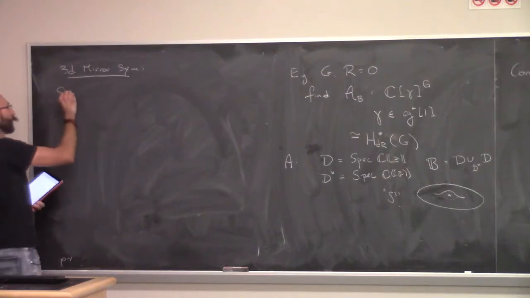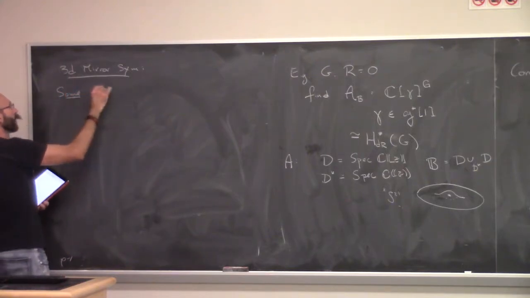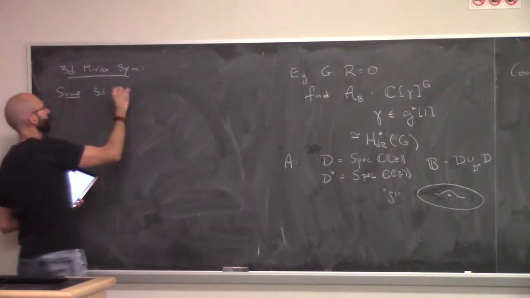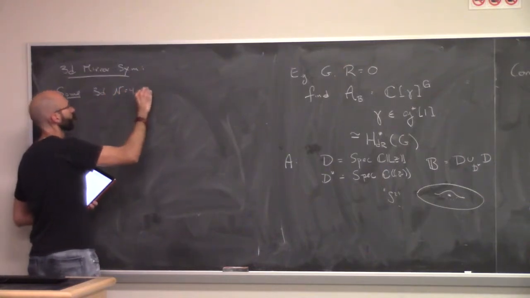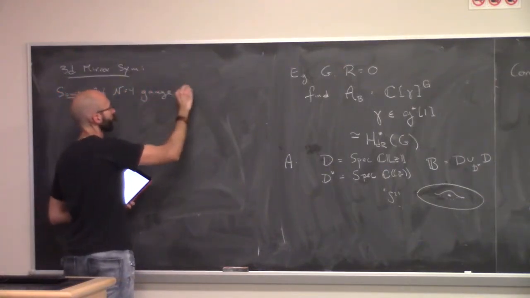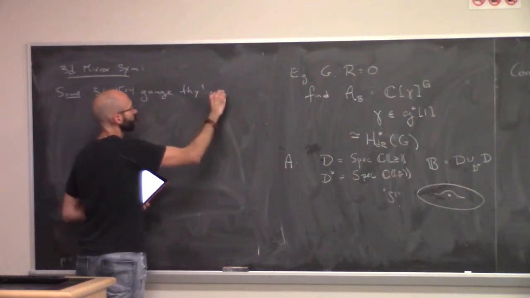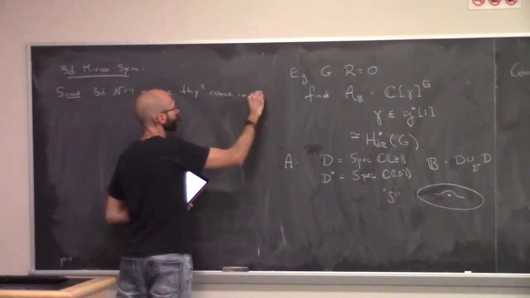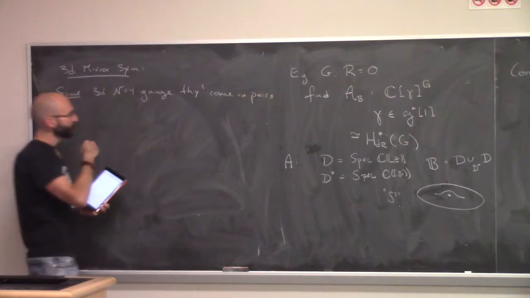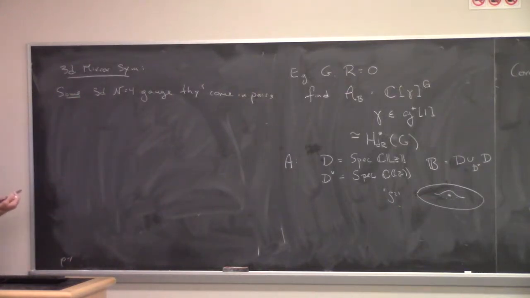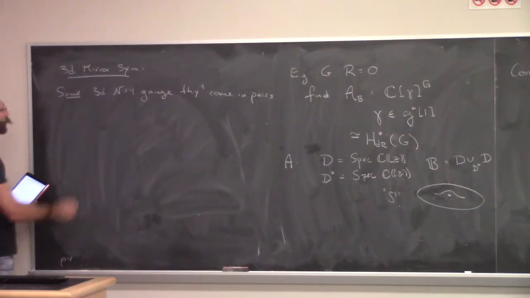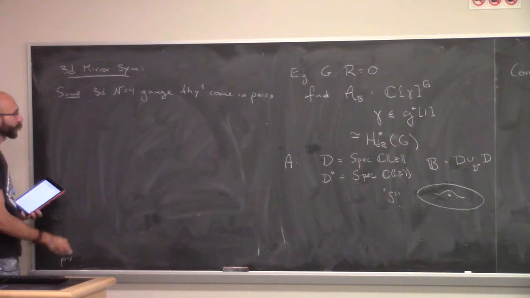It's going to be kind of vague. So some 3D gauge theories come in pairs. I mean, it's as vague as saying that 2D mirror symmetry relates pairs of Calabi-Yaus. Not all Calabi-Yaus have Calabi-Yau mirrors, but some do, and in fact many 3D gauge theories have gauge theory mirrors.